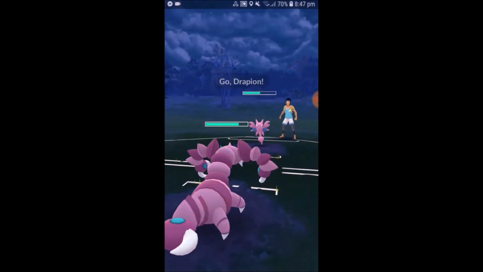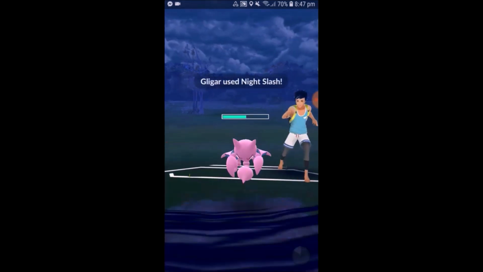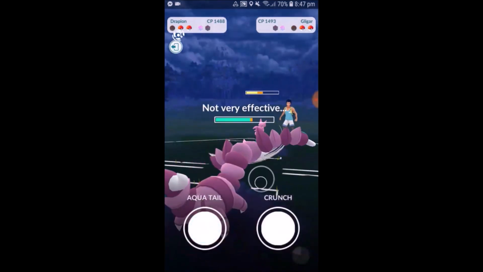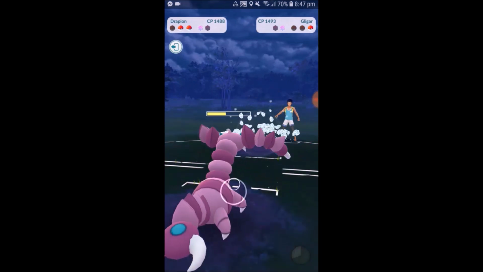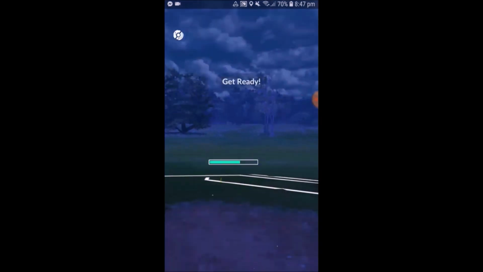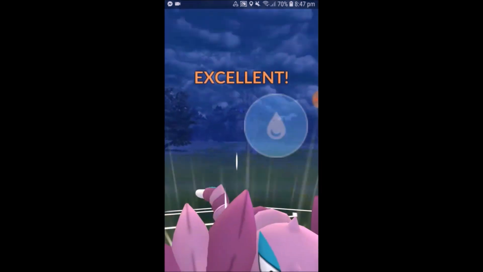Switching into Gligar, so switch back into the Drapion, hoping this isn't Dig, because Dig would be super effective. It is just a Night Slash, so fantastic for us. Might have been clicking it to get on the Haunter, which would have been really great for him. Unfortunately, Drapion does take that Gligar away, and then getting this Aqua Tail onto the Bibarel, hoping that the shield